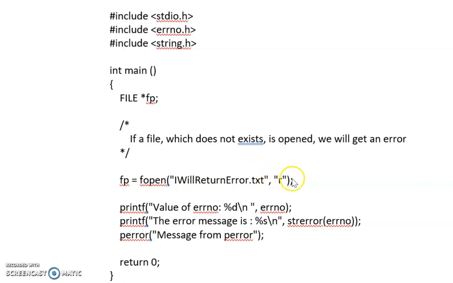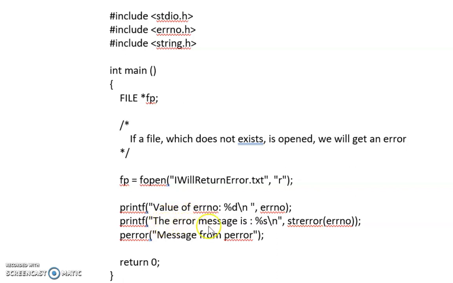If you remember, if append mode is used, the file will be created automatically, but here we are directly trying to open in the read mode a file which actually does not exist. So printf value of errno: first it will get the errno value.